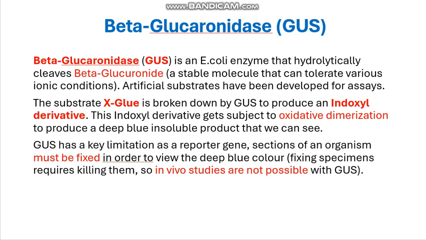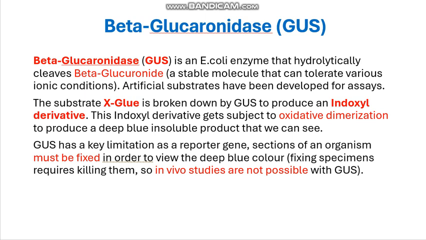So all we have to really worry about is that we're growing our organism in this X-gluc substrate, so it contains the beta-glucuronide substrate for the enzyme to break down. The enzyme breaks down that substrate, and we get a blue color because of it. We don't really have to worry about what an indoxyl derivative is or what oxidative dimerization is. We just know the enzyme breaks down the substrate and it makes the organism blue where the GUS is being